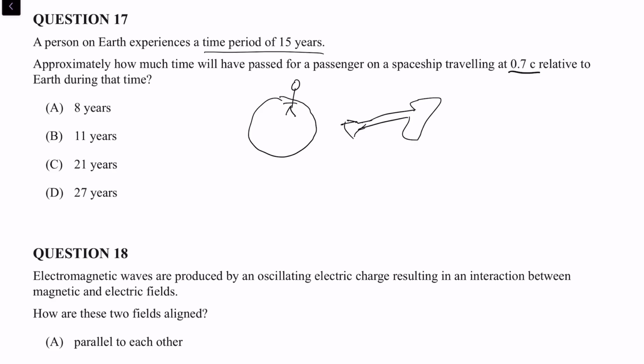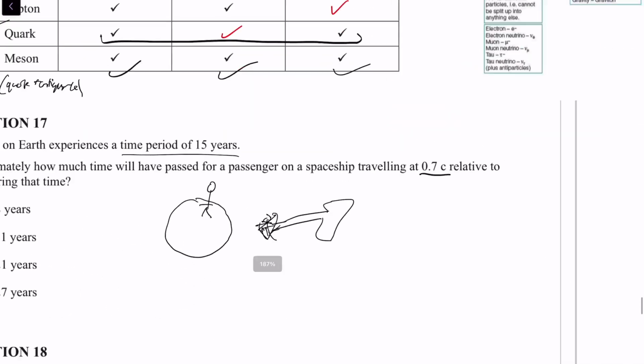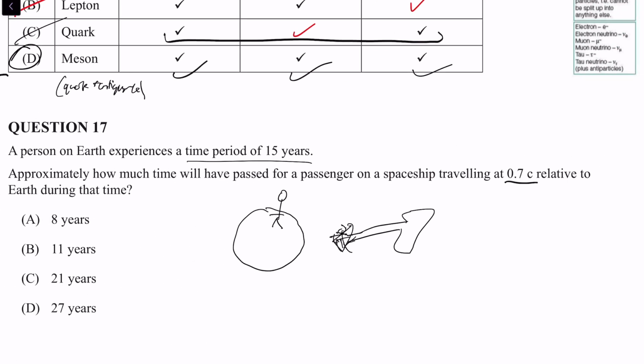And it's just sort of a person on it, and they're just traveling towards the speed of light, maybe away from Earth. Okay, so the passenger on that spaceship is going to see Earth moving away. In other words, they're going to see Earth moving away from them, okay, because they're stationary